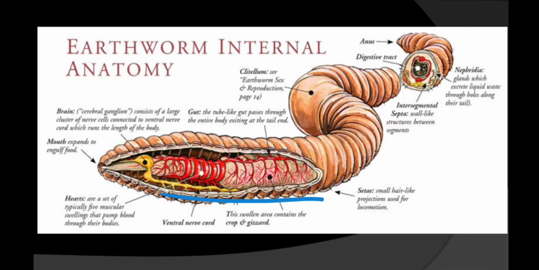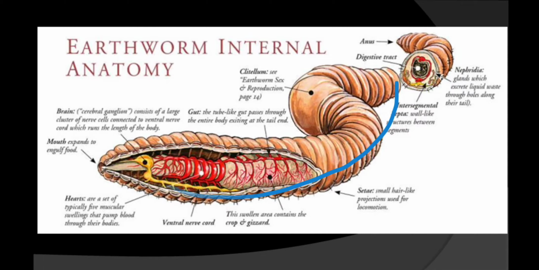All right. Then if we talk about the nervous system, this is a part which is known as a ganglion. You know what ganglia are? Ganglia are clusters of nerve cells. Two ganglia are there, which are connected to the ventral nerve cord. This yellow colored cord you can see easily in this figure. This is the ventral nerve cord, which is present throughout its body.